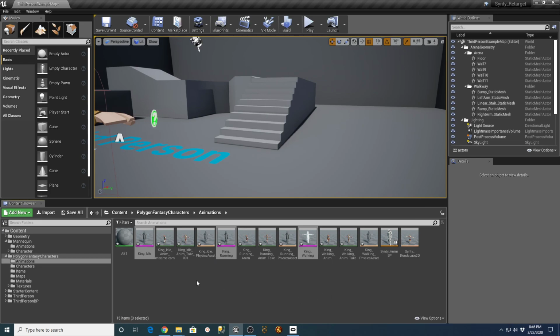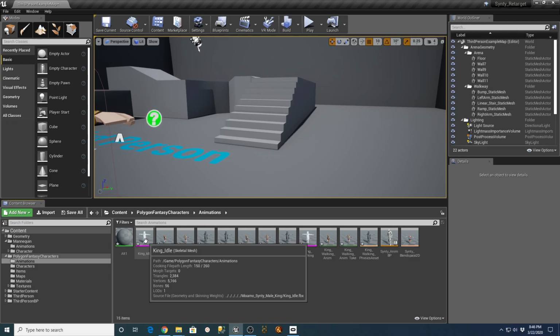And what all do we get here? King Idle. Oh, so that's actually created physics assets and skeletal meshes for each one, which we don't need. We just want the animations. So actually, when I pulled those in there, I should have taken off the skin, so we don't need all that other stuff.